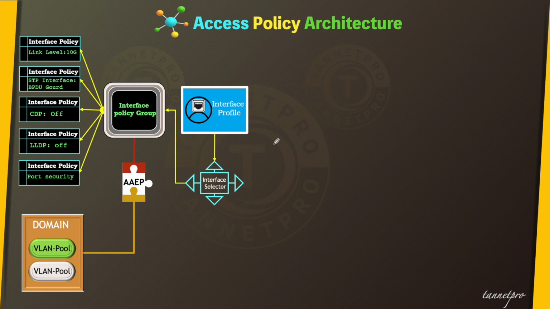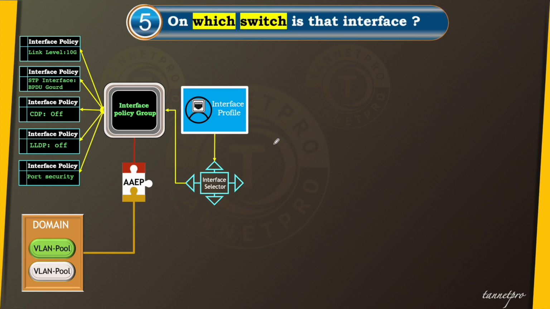Here is the golden question again come to you. So the question is, on which switch did you decide, on which switch is that interface, right? Where is the interface, right? Without a switch, how do you get the interface? Everything is decided. Now you have to select the switch, because you have decided your hero's role, how he will walk, dance, but you have not chosen the hero name to whom you are going to give this role, and we have not chosen the